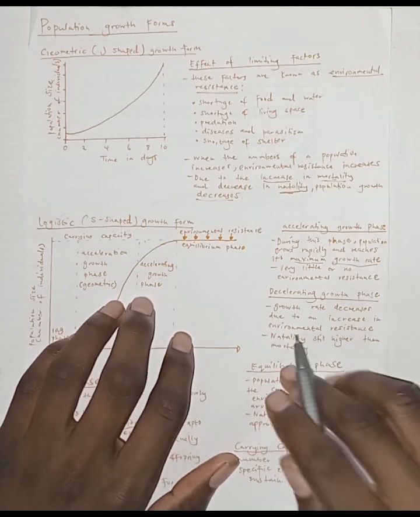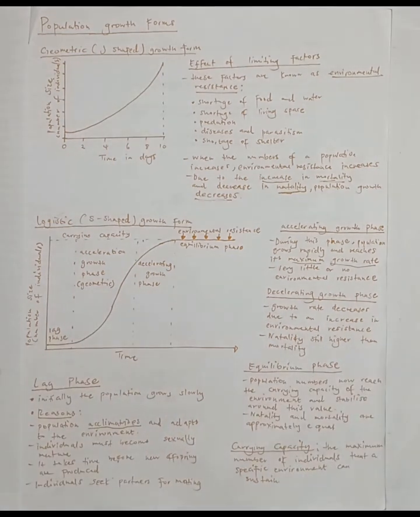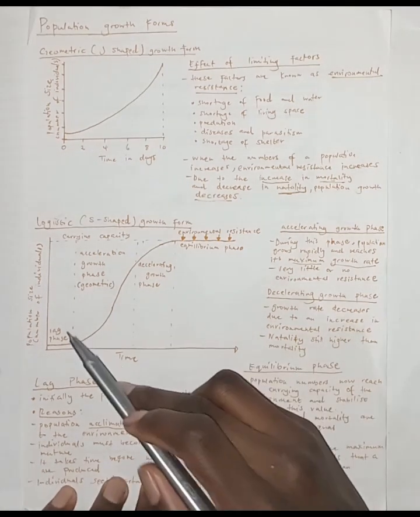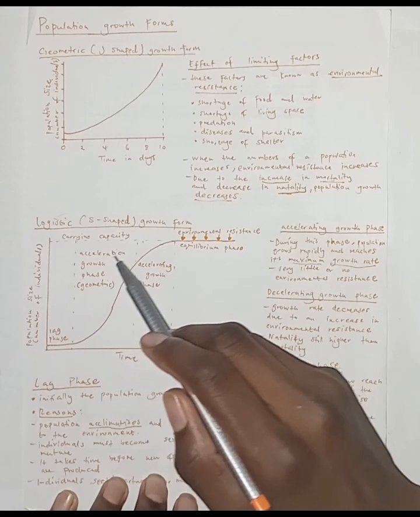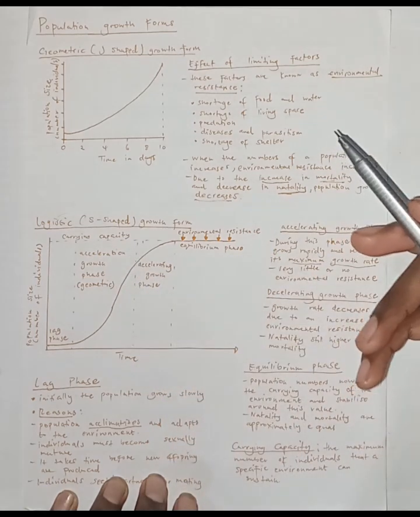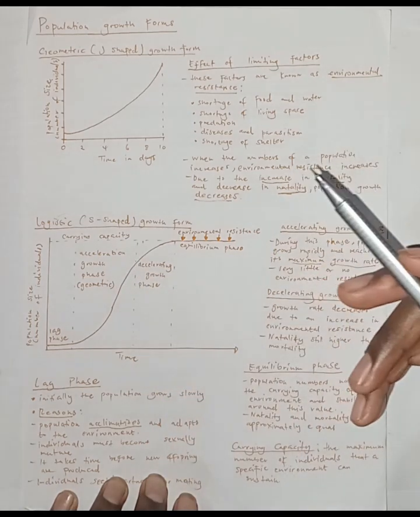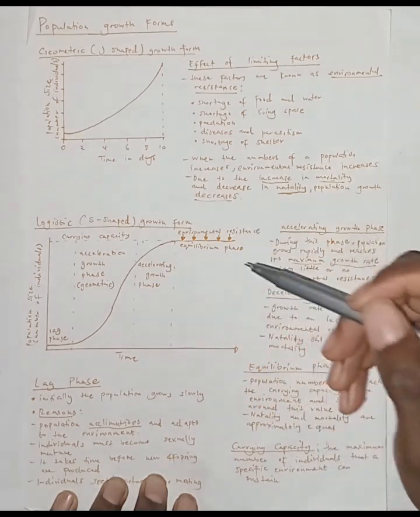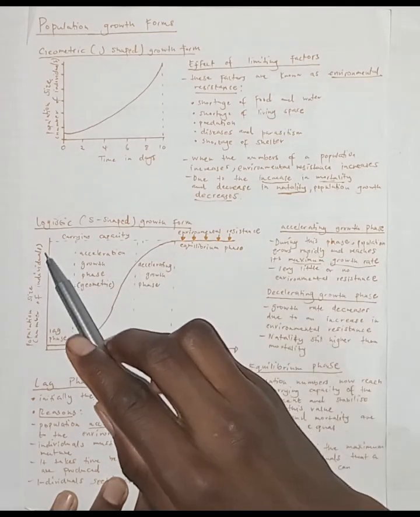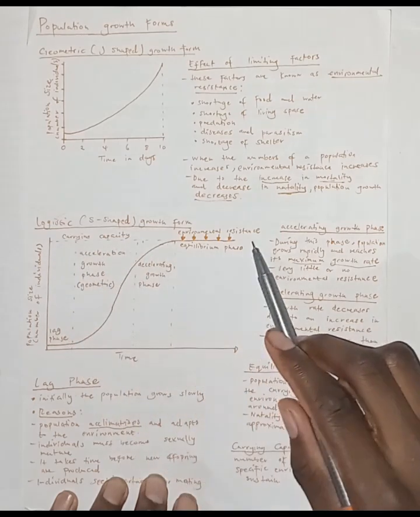Right, moving on, we have the second growth form called the logistic or S-shaped growth form. So as you can see here, we have 4 sections on this growth form. We have the lag phase, acceleration growth phase or geometric growth phase, decelerating growth phase, and equilibrium phase. As you can see here, this is the carrying capacity,